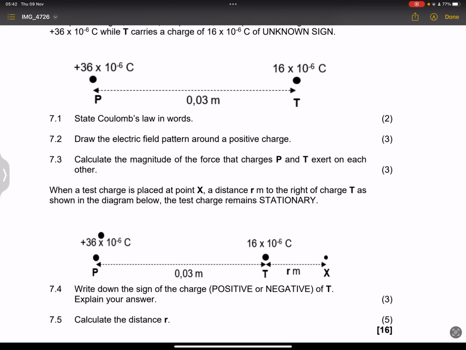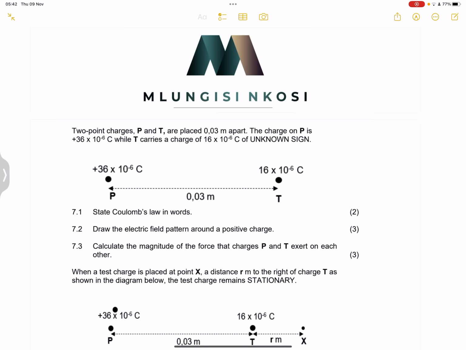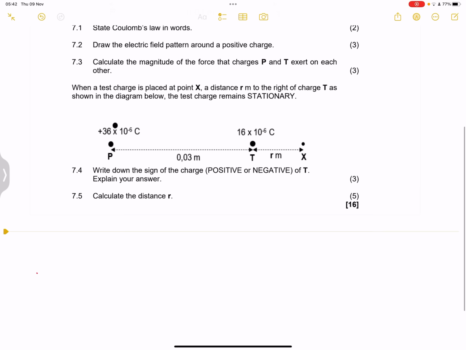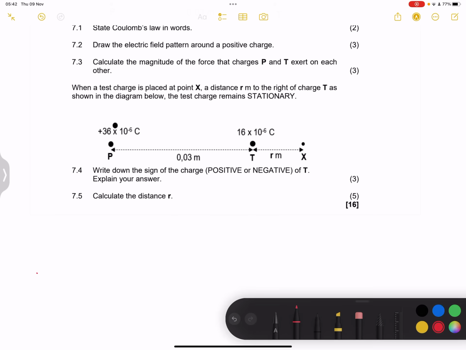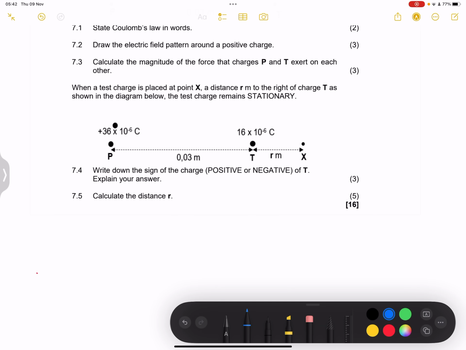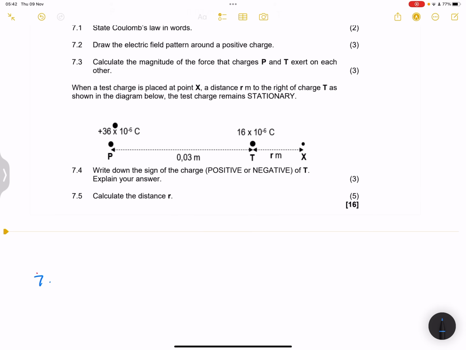All right, now we're going to do that. For 7.2, we're going to draw that positive charge. Please remember, for a positive charge, the field lines will always be moving outside. So they are our field lines. When you draw those field lines, ladies and gents, please make it a point